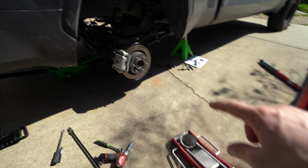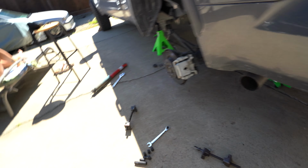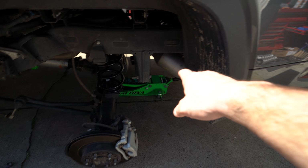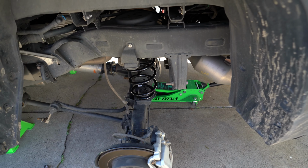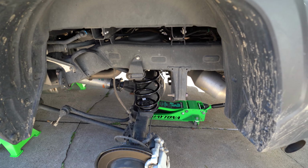If you place a jack underneath the opposite side of the axle you're trying to get the spring in, so lift up the passenger side, for example, then with that jack in the center it creates a fulcrum point and allows this to drop down. So you can pretty much get the spring in without having to use the compressors too much. Still, I recommend you use them just so that you have a little bit more room to work with when you get those in there. But now we have the rear springs completely in,